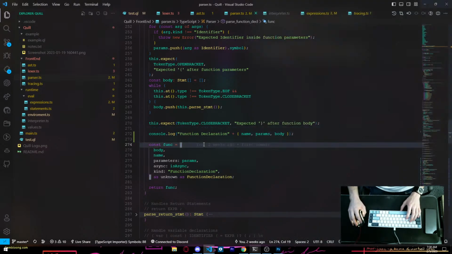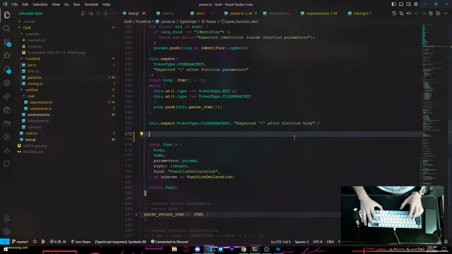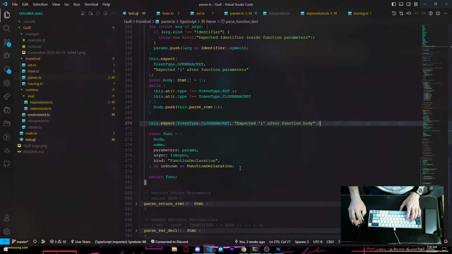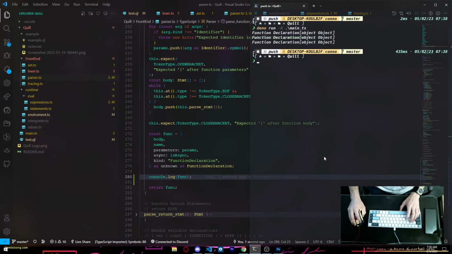Oh, wait, what? Why did you not work too? Normally, hold up. Let's console log the function, maybe. Log func.